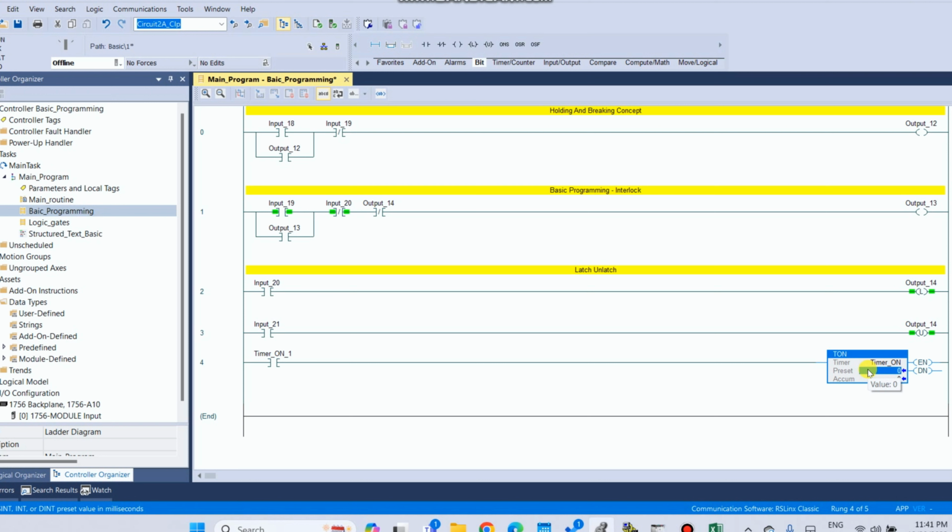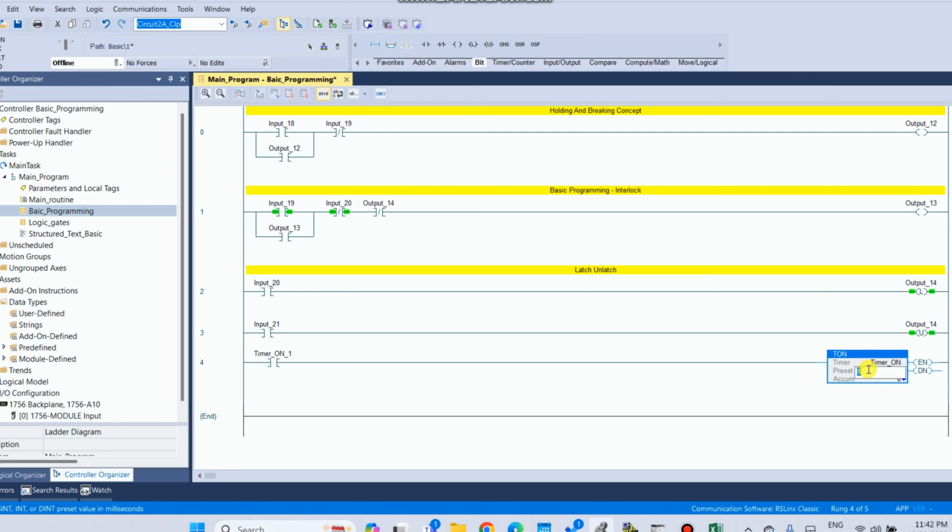So if our requirement is 10 seconds, then 10 times 1000 milliseconds equals 10,000 milliseconds. The accumulator and preset values, both of these are DINT.